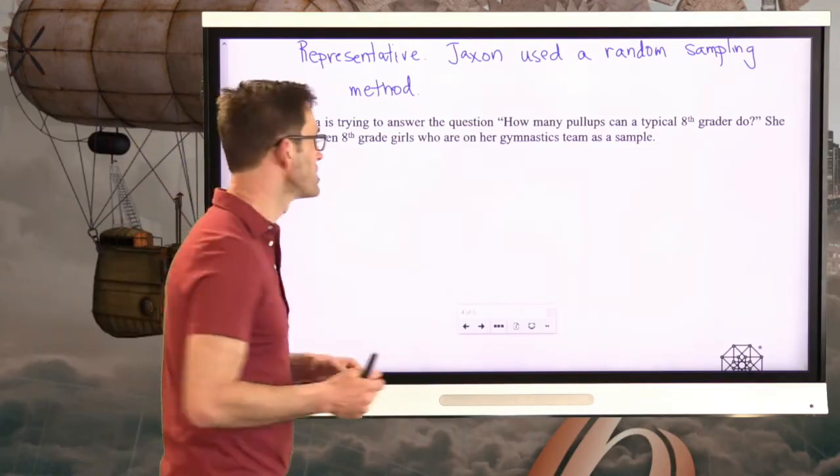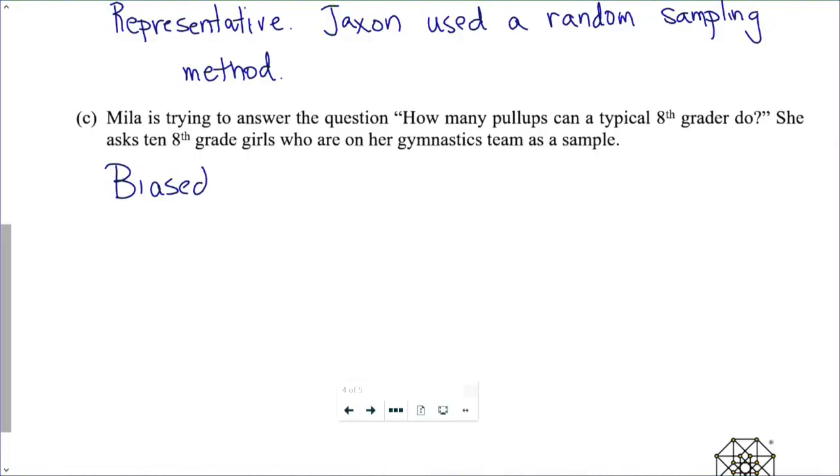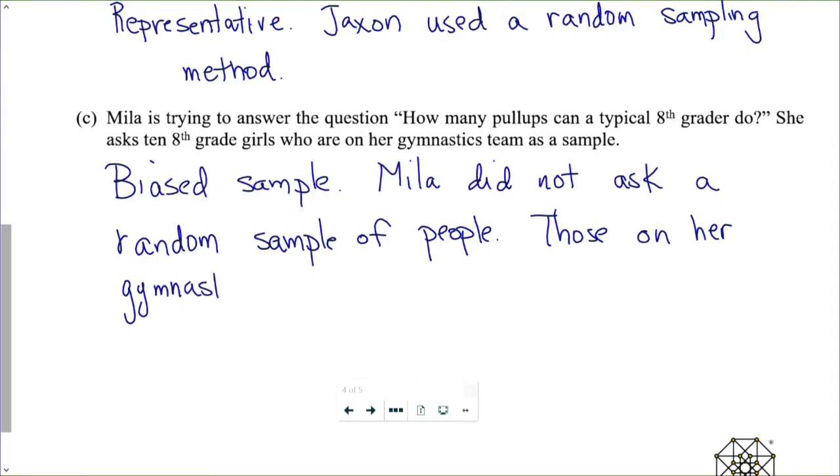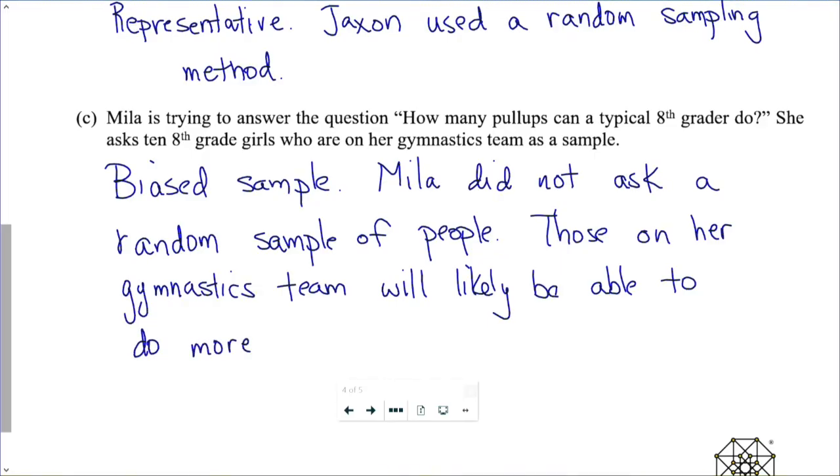And again, this is a very, very good example of a biased sample. Again, it's all about randomness. Mila did not ask a random sample of people. Those on her gymnastics team will likely be able to do more pull-ups than normal,